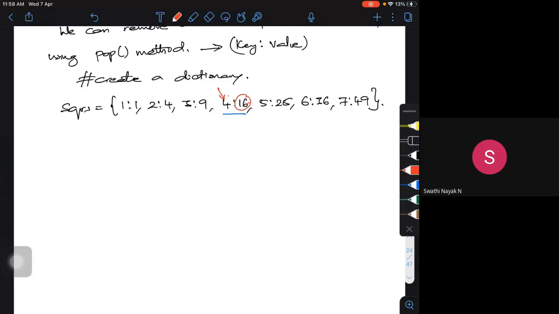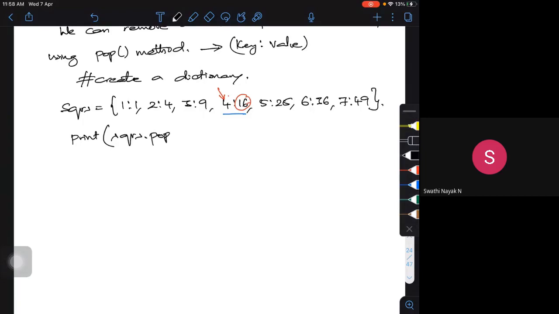So if I want to do that, I'm going to use print SQRS dot pop, and the key is 4. The moment I do this, the output will be 16.